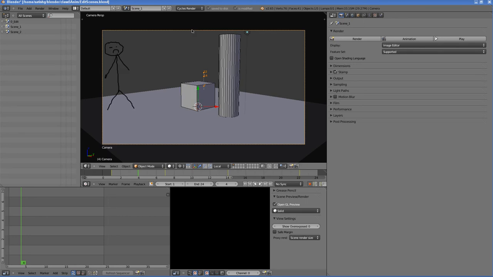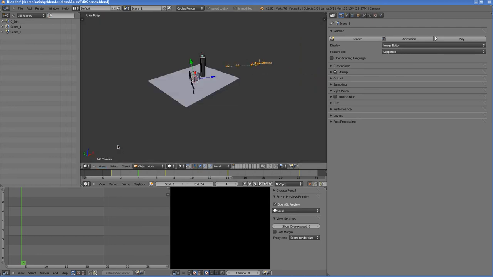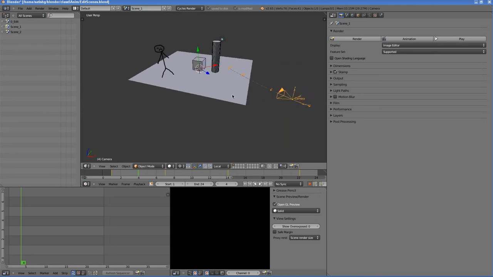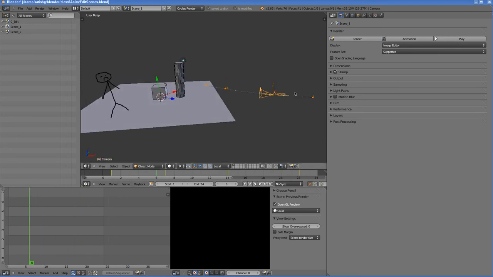But with the camera selected you'll notice keyframes as yellow marks over here. So let's switch to the user perspective view. You'll notice there's this camera, and as I run through the timeline you can see its motion. But what you can also see is the motion paths.